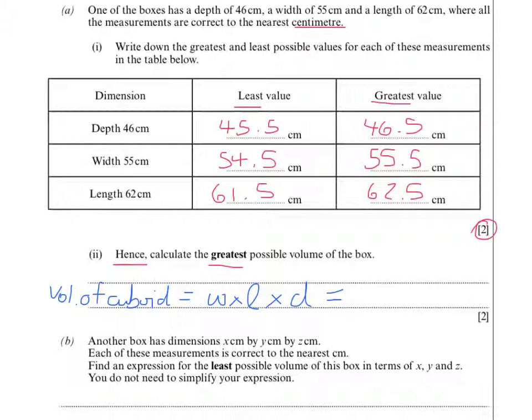And so if I want the greatest possible volume, that means I'm going to have the largest possible size of each of my dimensions. So it's going to be the 46.5 times the 55.5 times the 62.5. And so if I multiply those together,